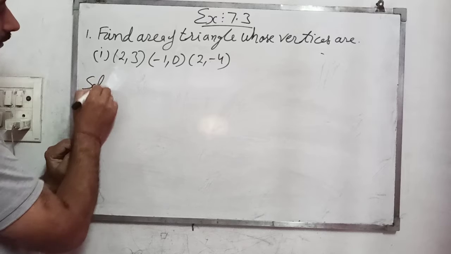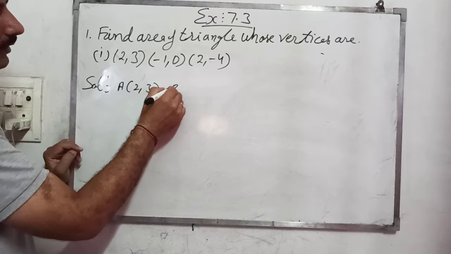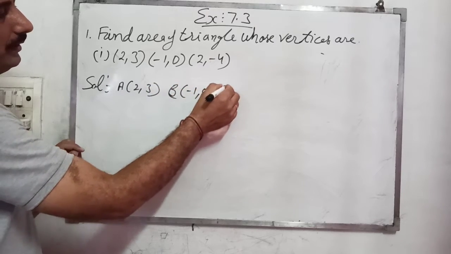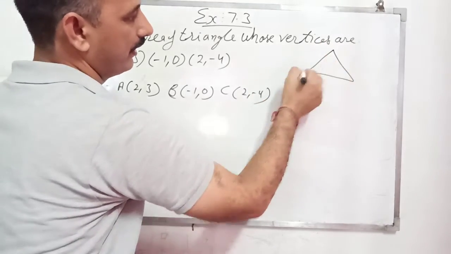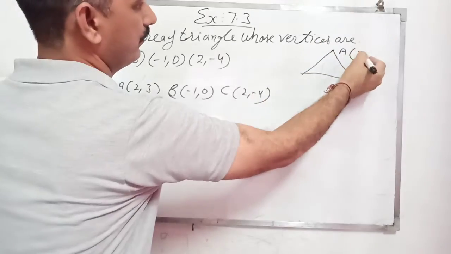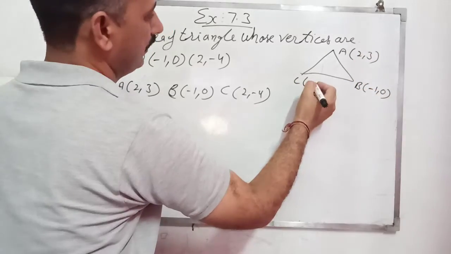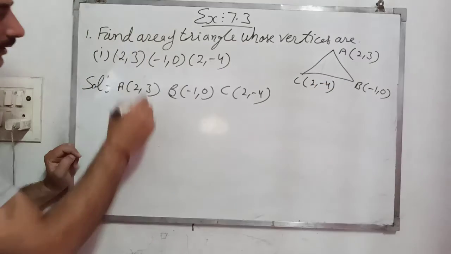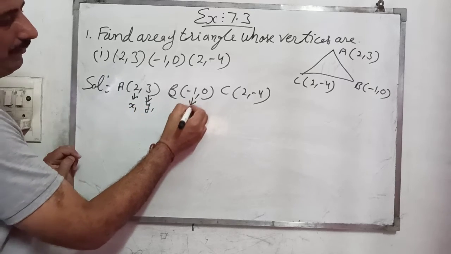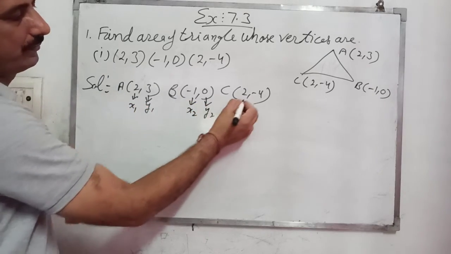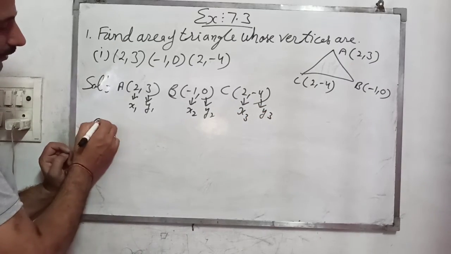The vertices are given: A is (2, 3), B is (-1, 0) and C is (2, -4). So we will make the triangle with A (2, 3), B (-1, 0) and C (2, -4), right? So make it x1, y1, x2, y2, x3, y3. So the area of triangle, we know the area of triangle